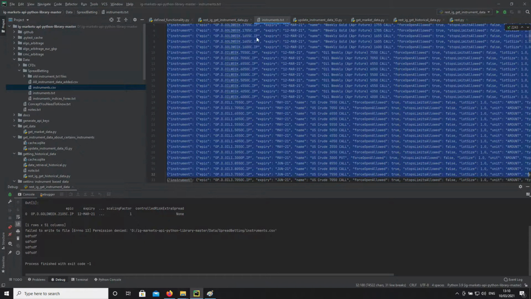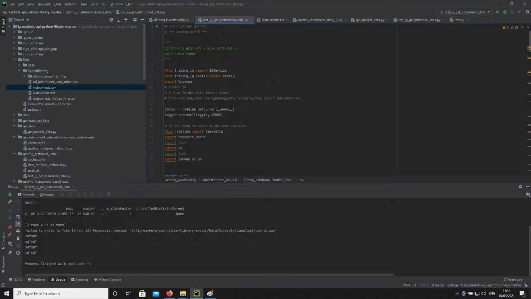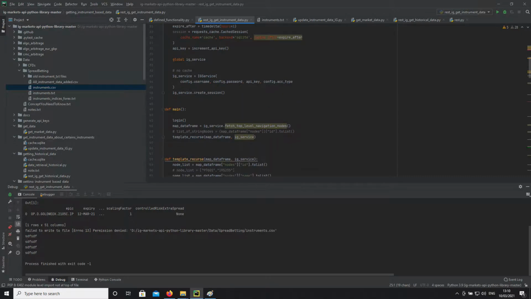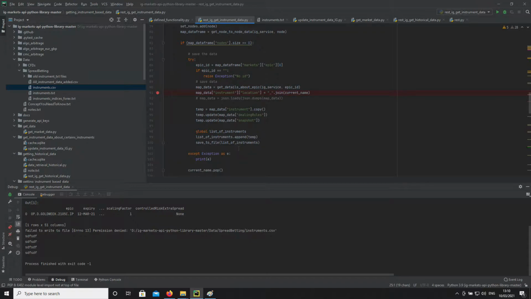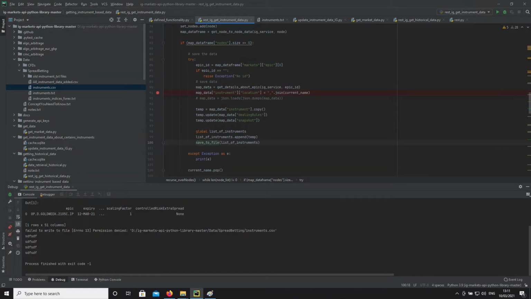So essentially what you would want to do is convert it to a Pandas data frame. So you want to add this import here, and the code is changed slightly from the previous version, which was only saving it as a text file. The changes are that we've added this section here and removed this section. Before it was just a dumps, which converts that object into a string, and then you'll save it to a file, and that would be saved here. But essentially what we're doing different this time